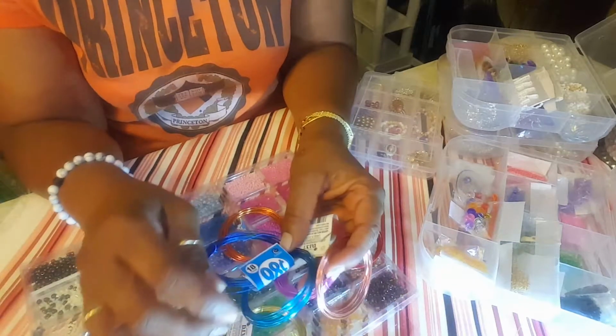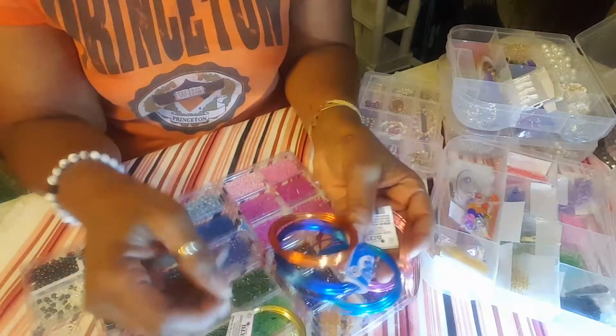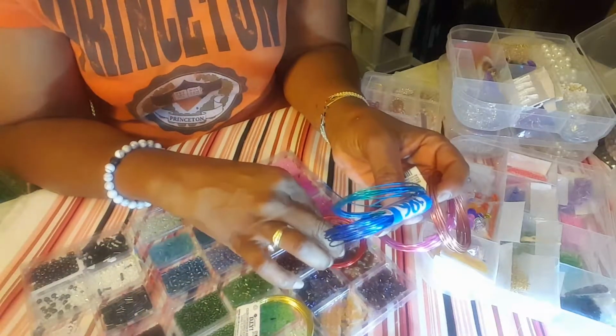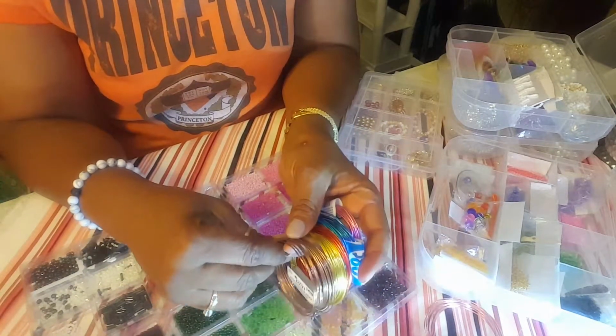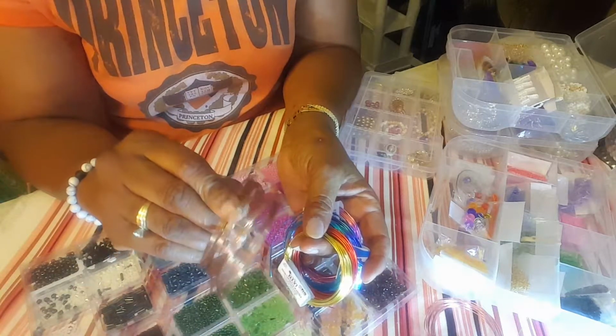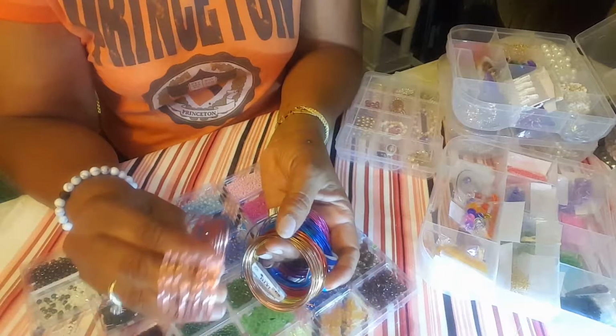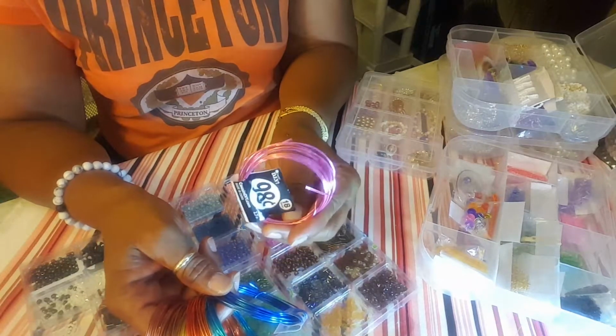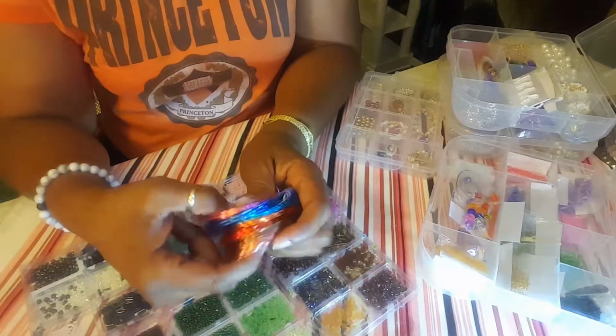Dark pink, lighter pink. I have orange, gold, royal blue, and a turquoisey kind of blue, or red, yellow. I also have this, I don't know, it's like a brownish, coppery color. This is like a coral color right here, a coral pink. This is candy pink. But anyway,